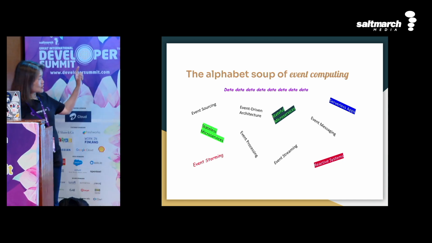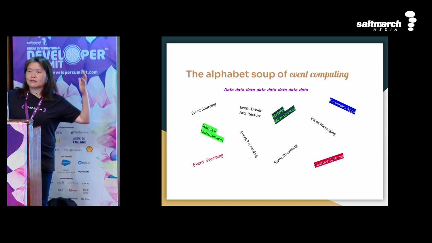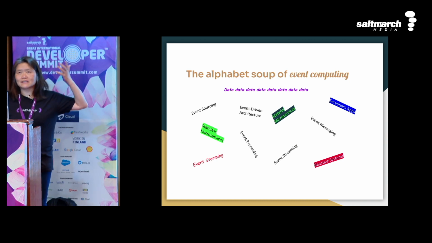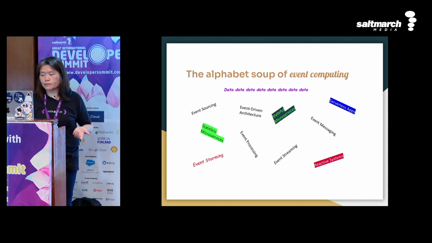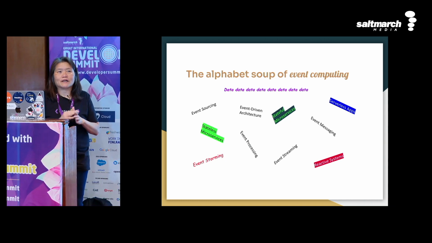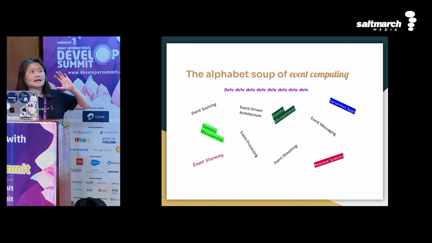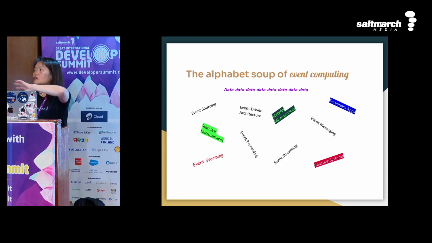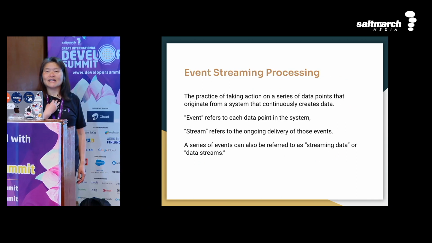And then, of course, there are also reactive systems, which are a bit higher level, so to speak. If you have come to my talk before, reactive systems have the same goals as event-driven computing, but they are slightly different, and I'll also talk about it more this afternoon. So all these are highlighting different aspects of event computing. Okay, so now today's talk: event streaming and processing.